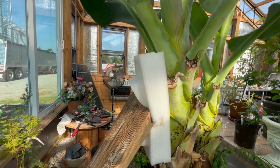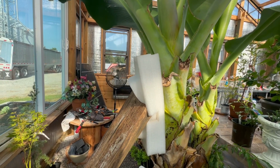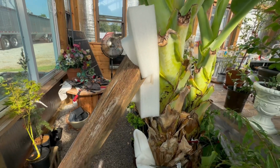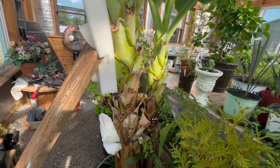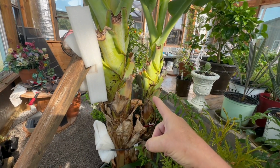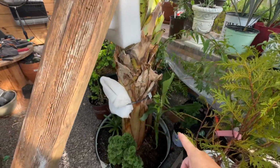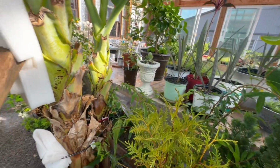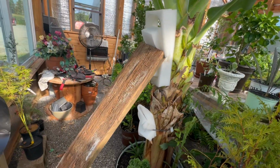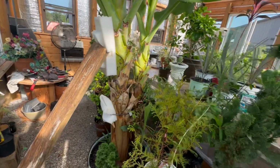You know, I'm not really sure. It may be a kind of a small bloom because this is the first generation banana tree. And this here will be the second generation. And then down below where the little pup is will be the third. And they claim that the third generation has, I think, the largest crop. But anyway, I just kind of wanted to show you